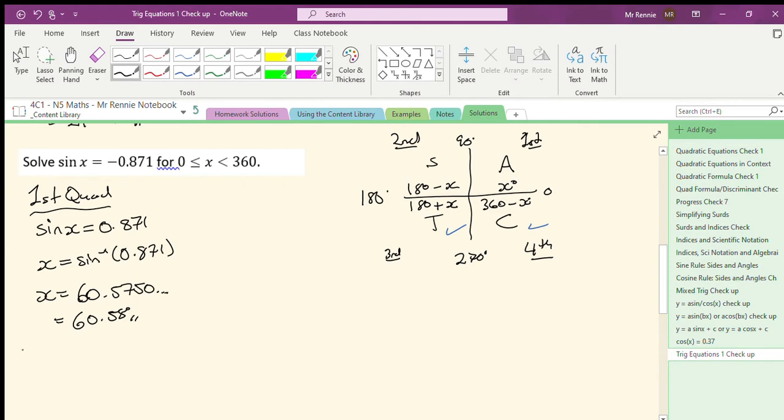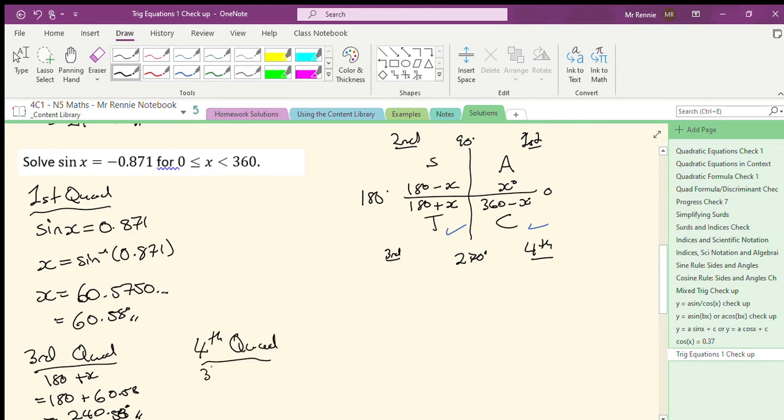Okay, so in the third quadrant, the rule says I do 180 plus x, so that's going to be 180 plus 60.58, which is going to be 240.58 degrees. Okay, so my first answer is 240.58 degrees. If we move along to my fourth quadrant, so that's where my other tick was, the rule is 360 minus x, so it's 360 minus my answer, which was 60.58, and that gives me an answer of